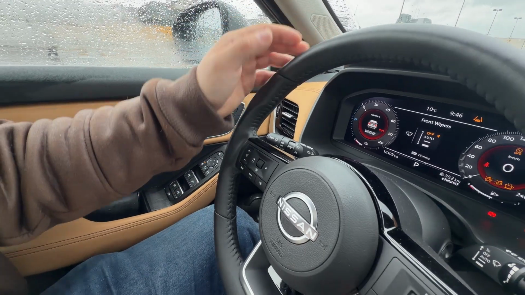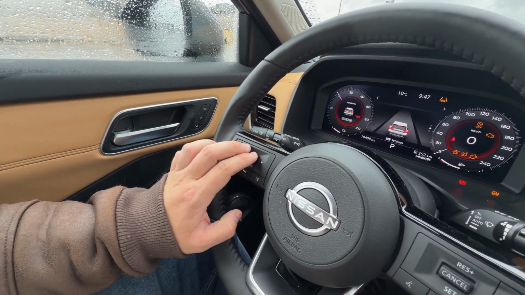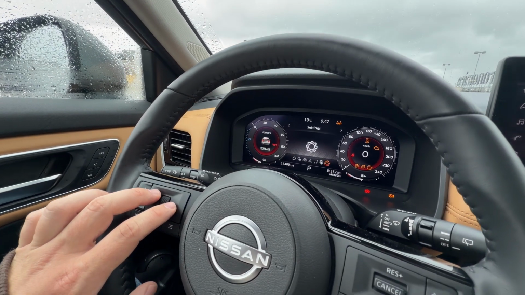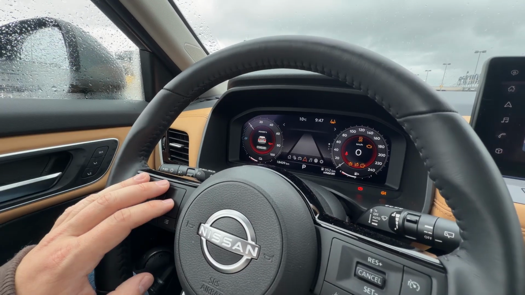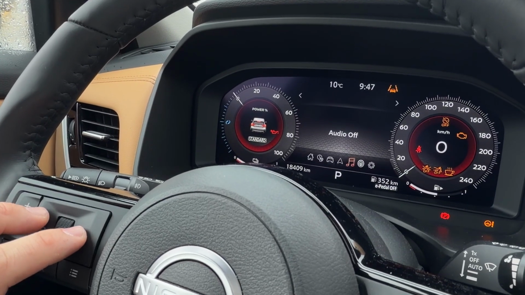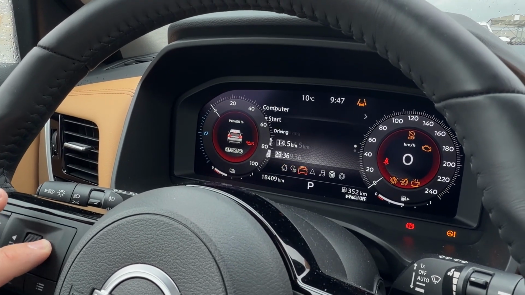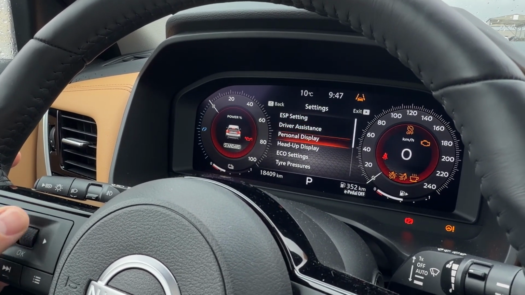Now take a look at the instrument cluster. Right here we can also manage multiple things. Apart from the safety systems, take a look at the all comfort systems. Firstly, we can find here navigation panel, music panel, tire pressure, trip computer, and in the settings we can find